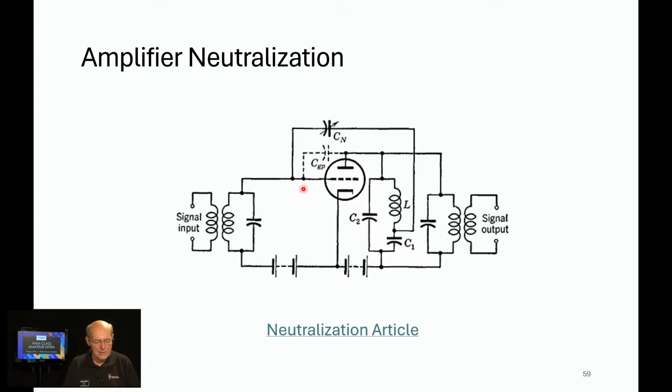Well, that would be feedback that would be positive, so that would potentially encourage the circuit to oscillate. And then there's a capacitor up here, C sub n, a neutralizing capacitor, that picks a point in the output of the circuit that's 180 degrees out of phase with the input and feeds some of that signal back,